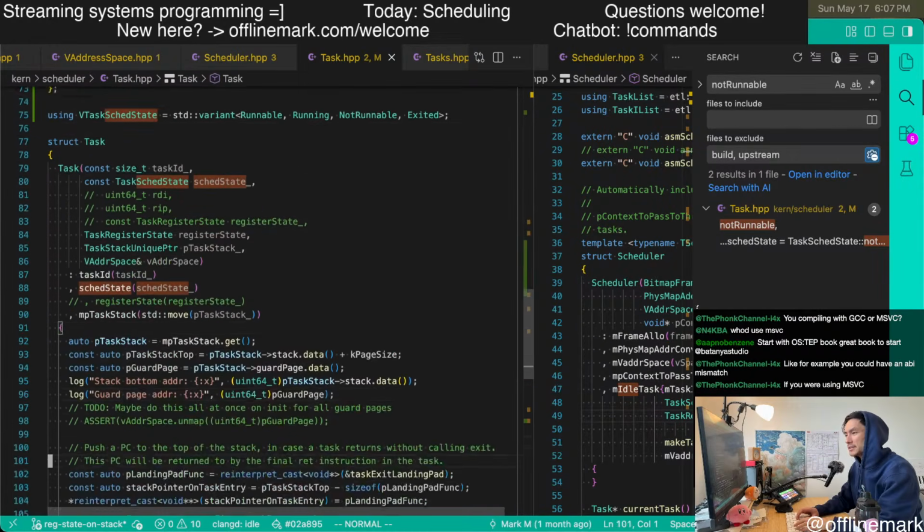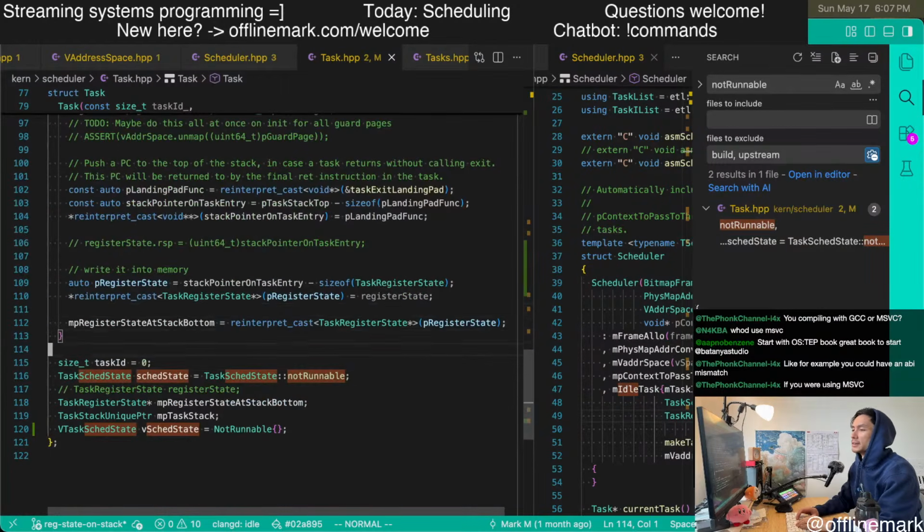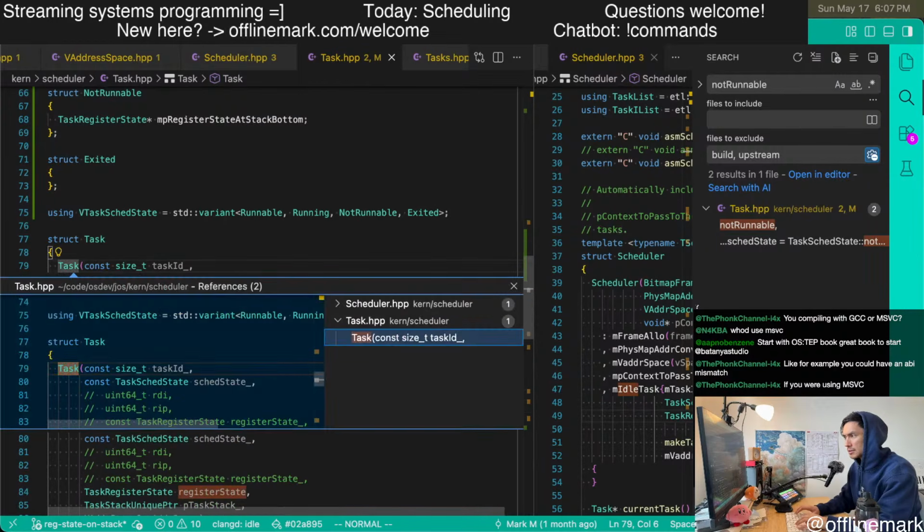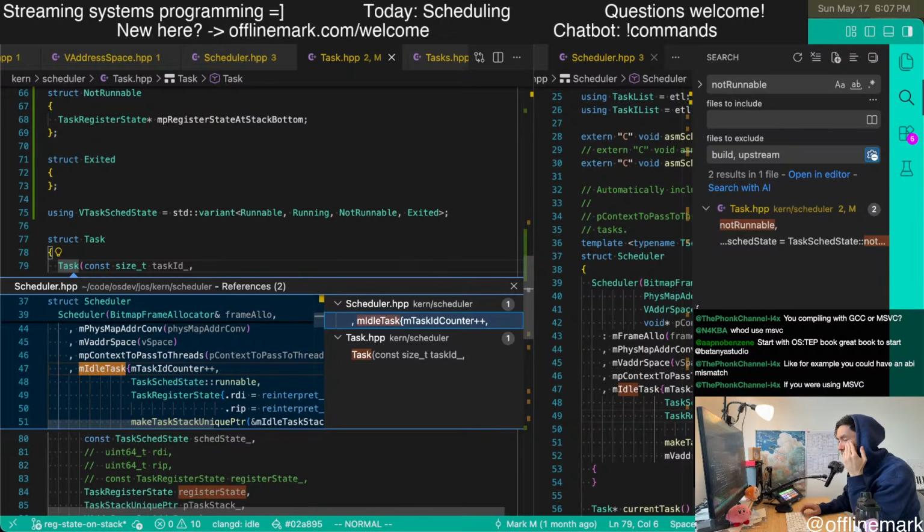It seems to be the default here, but I don't think that is actually used because clients pass in a scheduler state. And we only have a couple clients.